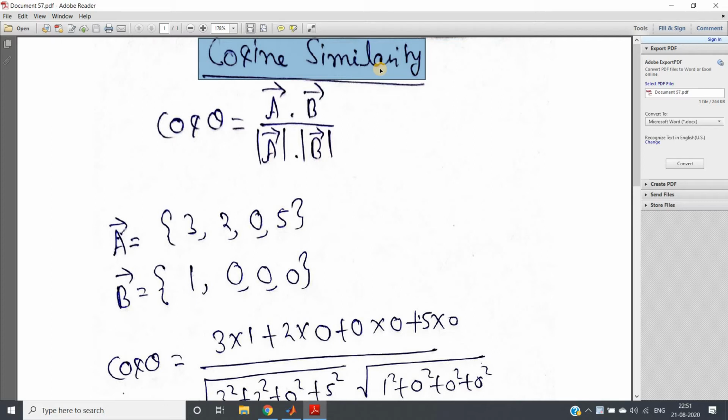Now we have seen the correlation coefficient standard formula also, which is nothing but summation over i equal to 1 to n of (xi minus x bar) into (yi minus y bar), where x bar and y bar are the respective means, and in the denominator is the root of summation over i equal to 1 to n of (xi minus x bar) whole square multiplied by summation over i equal to 1 to n of (yi minus y bar) whole square, right? Now this correlation we have seen the MATLAB implementation also.